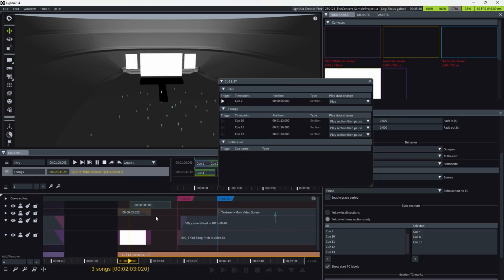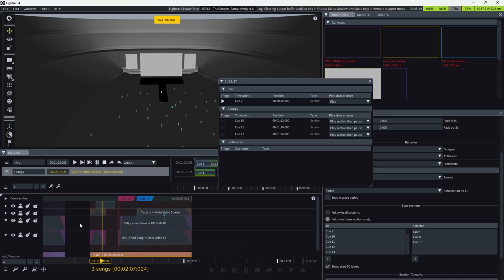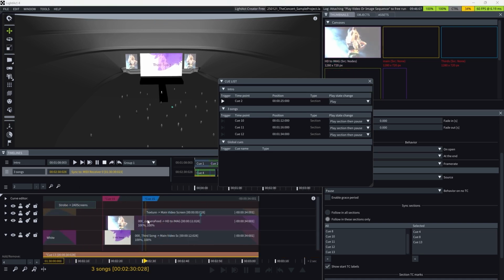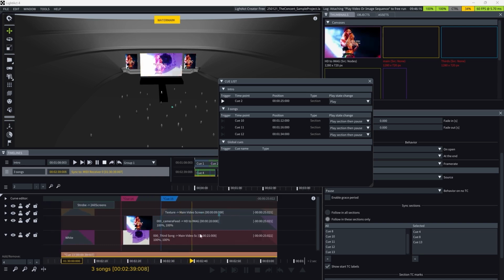Okay, and then this part of the timeline starts to play. The entire timeline is based on time code, so it just keeps on running until the end. An interesting thing is